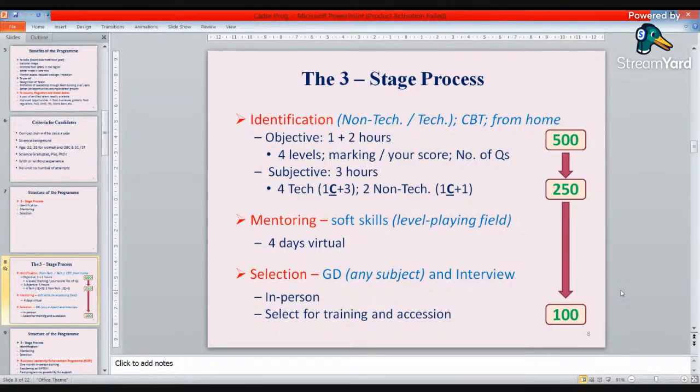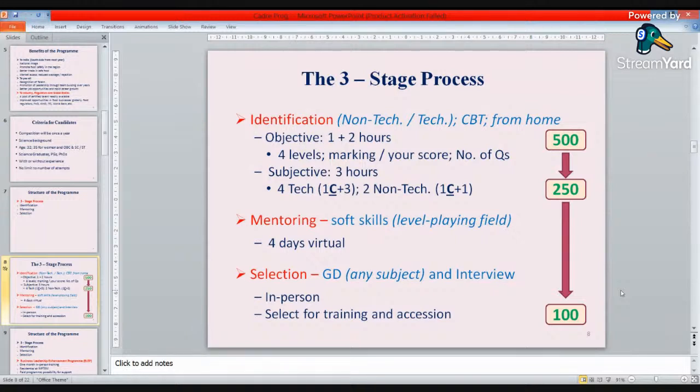Unfortunately, in our country, we do not educate our students in these areas. This is not a reflection on any one institution. It is true of all institutions in our country. When we teach food technology, we just teach food technology and nothing else. Now, these skills are equally important when you enter your career. And this is what we are going to do in mentoring.